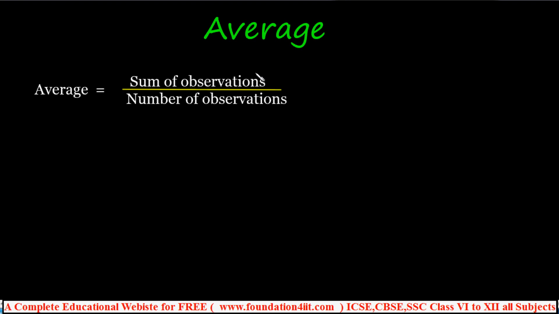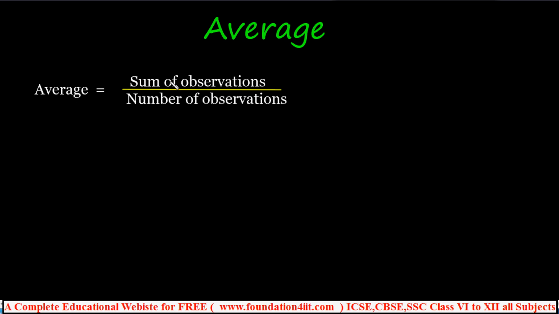In the quantitative aptitude series, let us start with the first chapter, average. So this word average, we can also use as arithmetic mean. Even arithmetic mean or average is the same. From a statistics point of view, they use the arithmetic mean. And when you come to this average, we already know the basic formula is this.